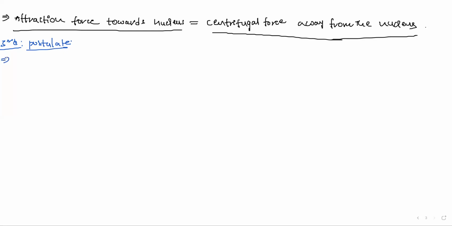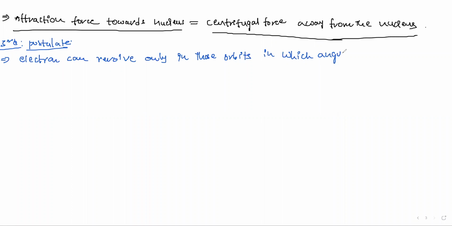Electron can revolve only in those orbits in which angular momentum mvr of the electron is